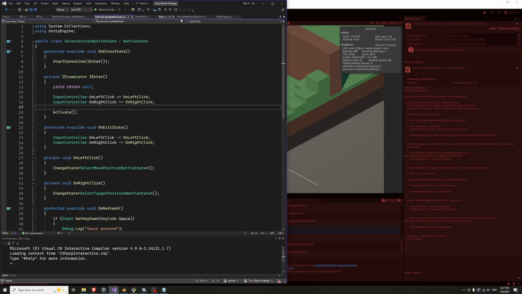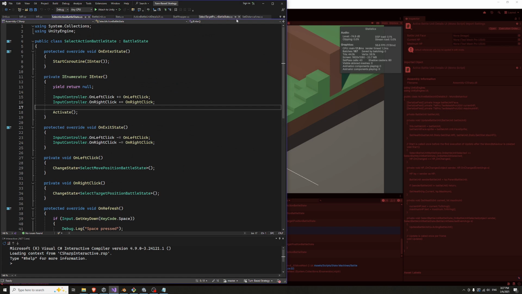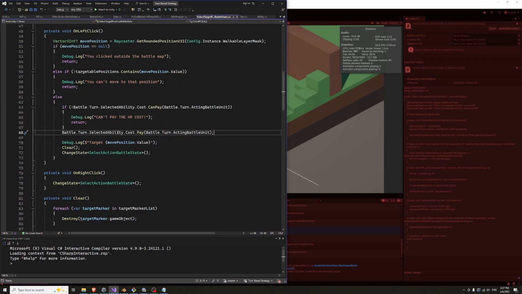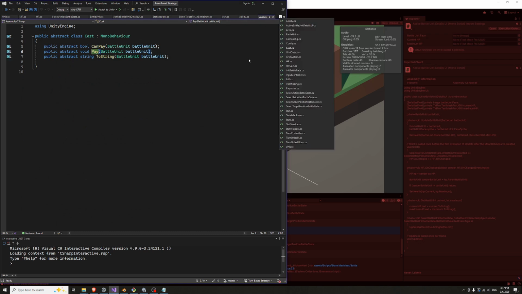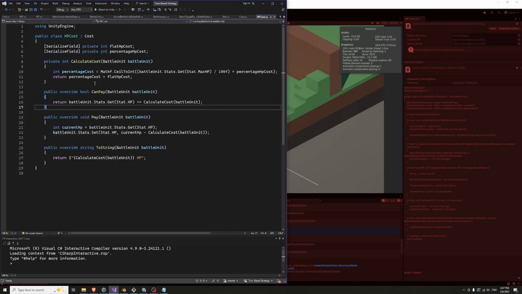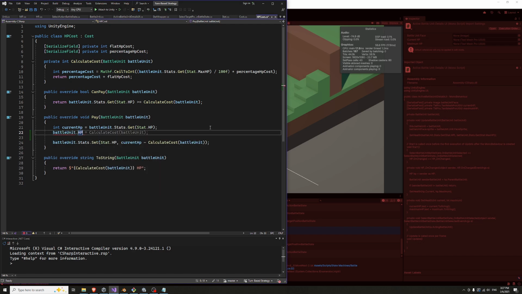Where is it? Select action, perform movement. Nope. So select target, cost.pay. Cost.pay, so it's going to be HP cost. So here's where we actually pay. So it looks quite a bit different now, and watch how much nicer it's going to look when we do battle unit dot HP dot